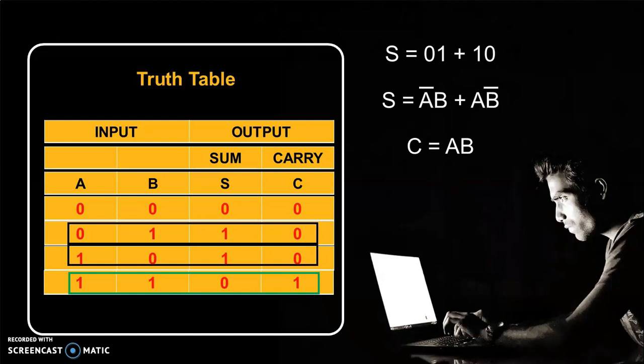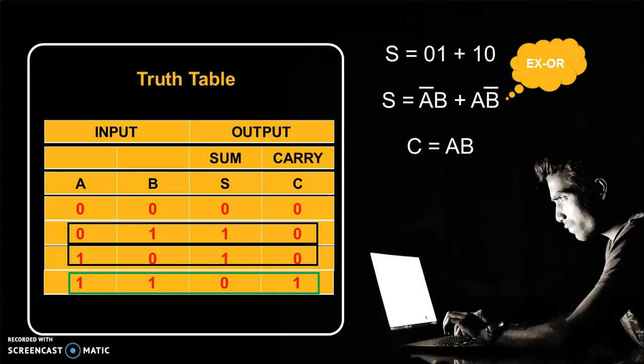So now we have two Boolean functions. One is for sum, that is A bar B plus AB bar, and one Boolean function that is C is equal to AB. Now from the Boolean function itself, because it is a very simple Boolean function, we can identify that A bar B plus AB bar is nothing but a Boolean function for the exclusive OR gate.